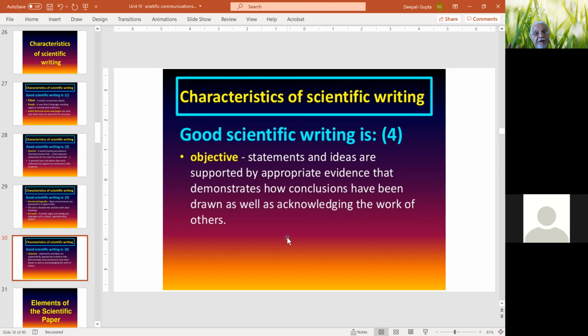You can lose your job if your employer comes to know that you have done this and your paper has been retracted. So it is a very, very serious offense these days.